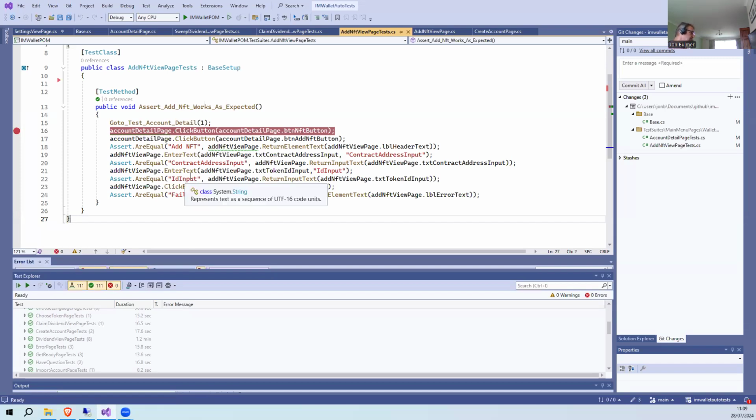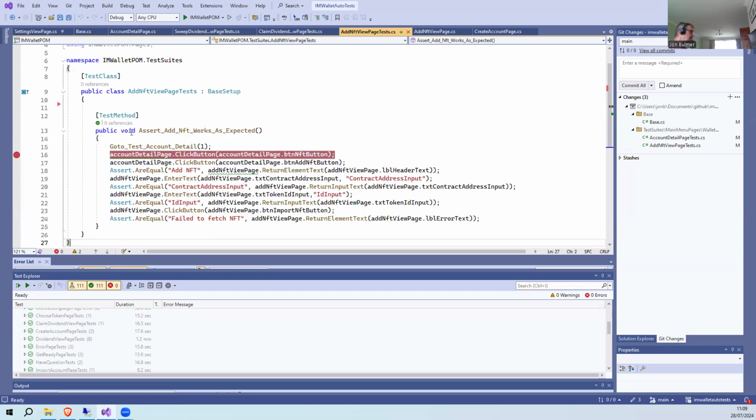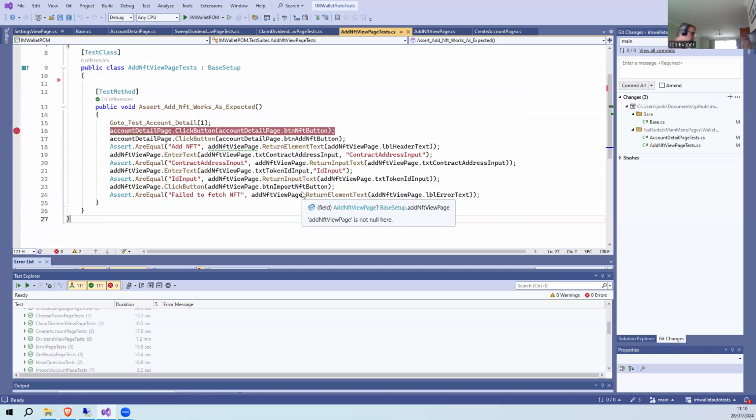One of the latest things I did is this add NFT view page, which is a new feature that we're currently testing and developing on the beta testing side. If you're interested in beta testing at all, we're here to help, and I have calls with a couple of people and help out as much as I can. So we are setting ourselves up to be very much there for people.